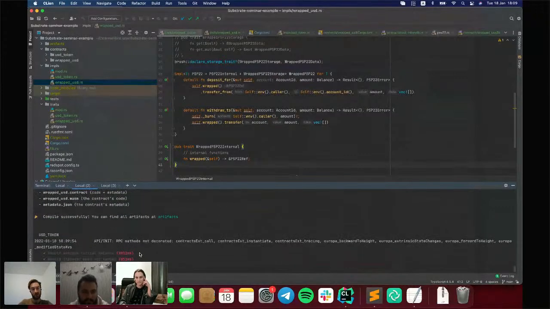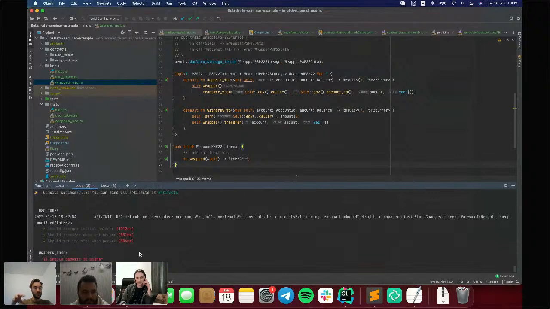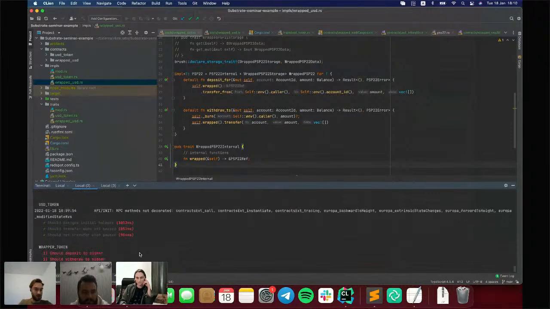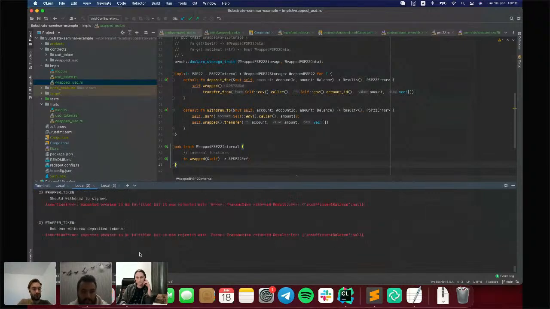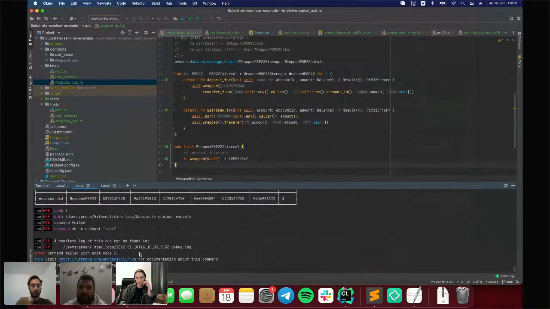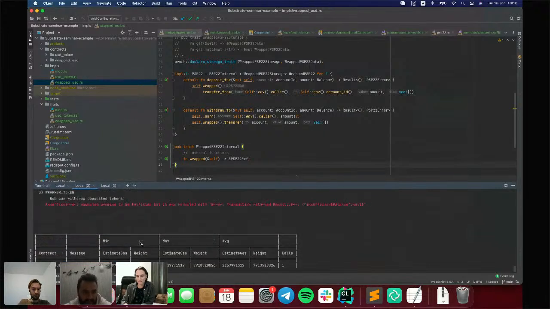So we are working on the standard area and also on the implementation area. We hope that we will then create a PSP for NFT and for multi-token. We will wait for comments from the community, because it is important to know.